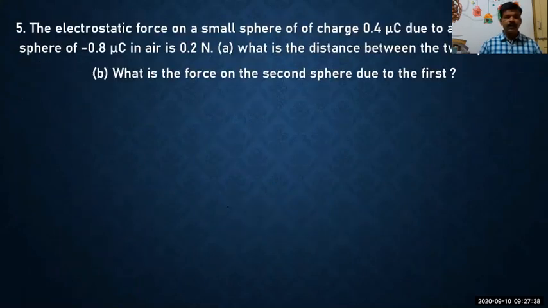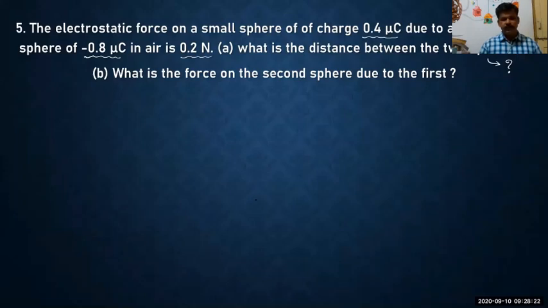Yes. Now I want to continue with the fifth question, fifth problem. See what they have given. The electrostatic force on a small sphere of charge 0.4 microcoulomb due to another small sphere of minus 0.8 microcoulomb in air is 0.2 Newton. What is the distance between the two spheres? They ask you what is the distance of separation between the two spheres, that is R. Then they ask you what is the force on the second sphere due to the first,